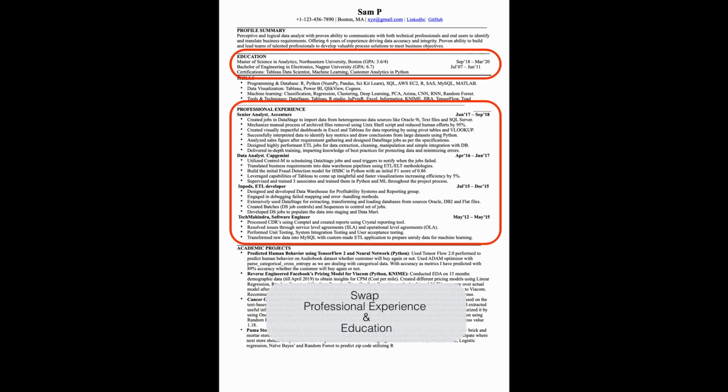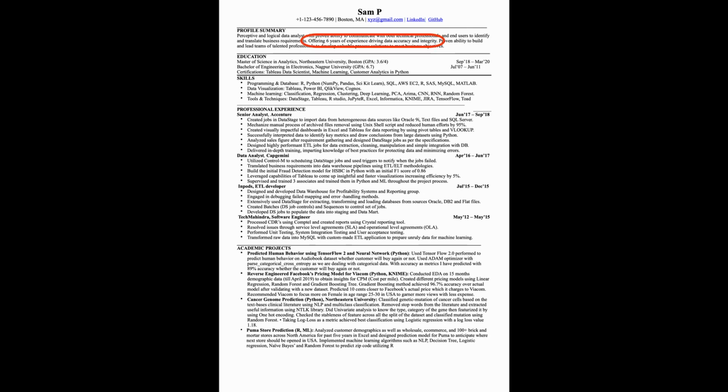Another resume is from a more experienced data scientist. It has a clear structure with contact information, education, skills, professional experience, and academic projects. There are 2 suggestions I would give to this resume regarding the structure. The first one is to swap the order of professional experience and education. You want to show the most important part of your resume first. As you can see, Sam already has over 6 years of relevant experience in data science, which should be prioritized over